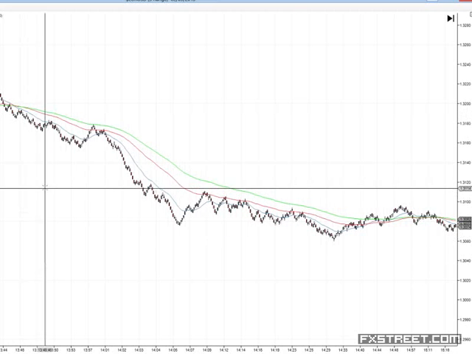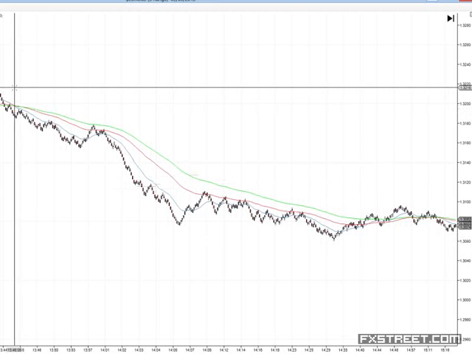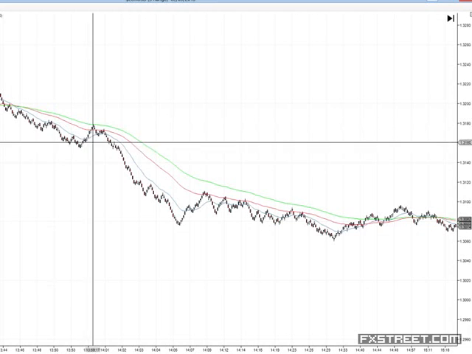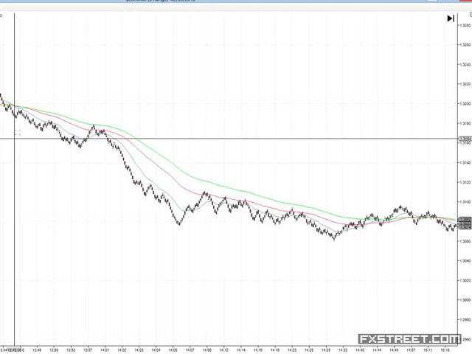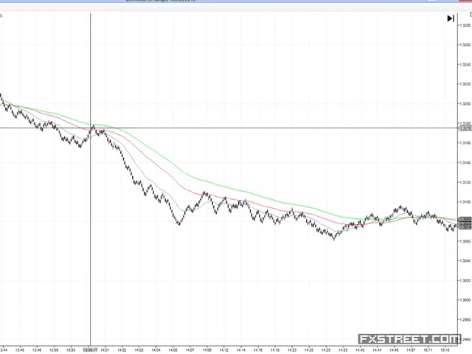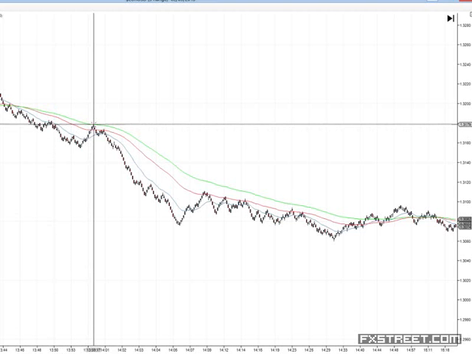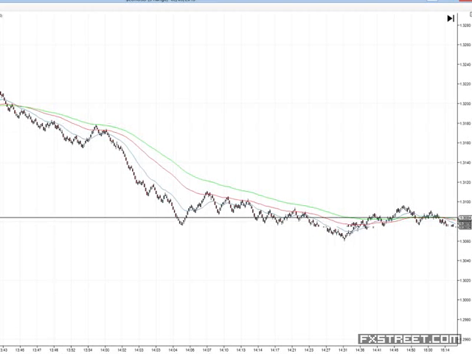What is it that we're looking for? Well, first of all, we're looking for momentum in the market. So we're looking for the moving averages to be pulled apart, and we're looking for price to be pulling back nicely. We like nice price action. Okay, so if you get price action like